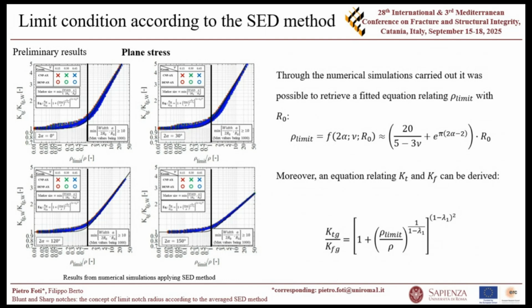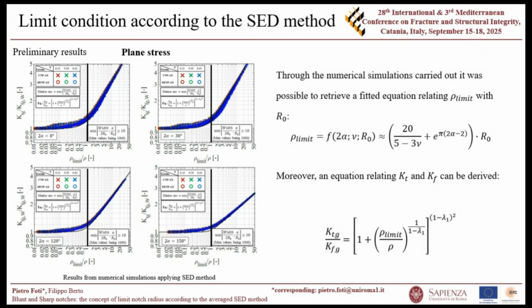And as you can see, now the limit condition in terms of radius is actually a function of the notch opening angle, the Poisson ratio, and the